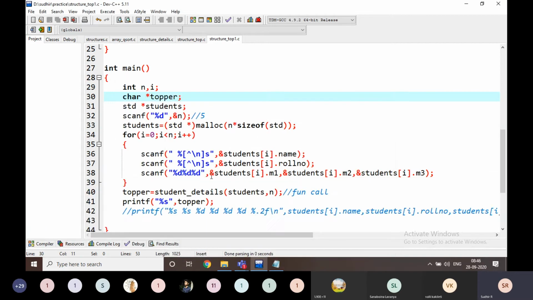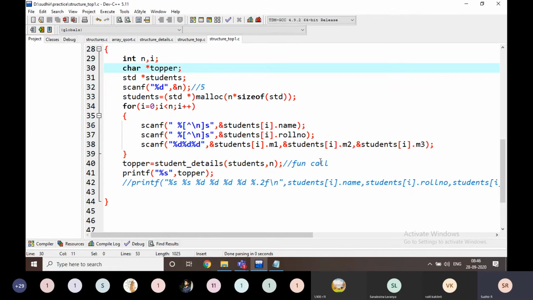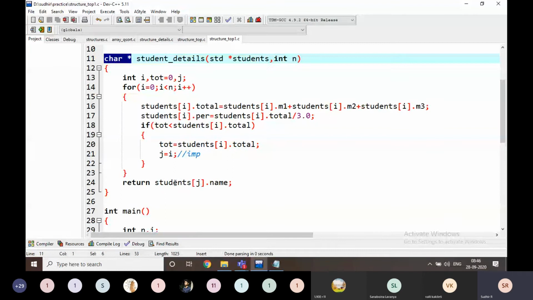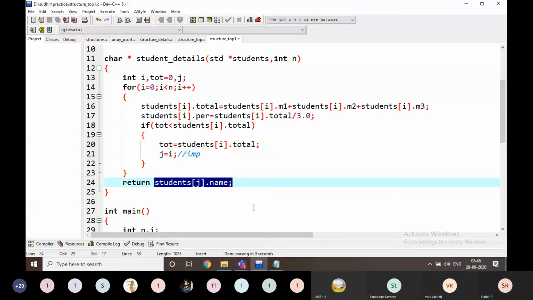Okay, everyone, what am I doing here? We have to work on all these properties here. What am I returning here? char star. Char star means it is going to be a string. Instead of returning j here, I'm going to return students dot j dot name. That means it is going to be a string here. Is it clear, everyone? Students, what am I returning here? Yes, sir. In this way, I'm going to return the data from the function.